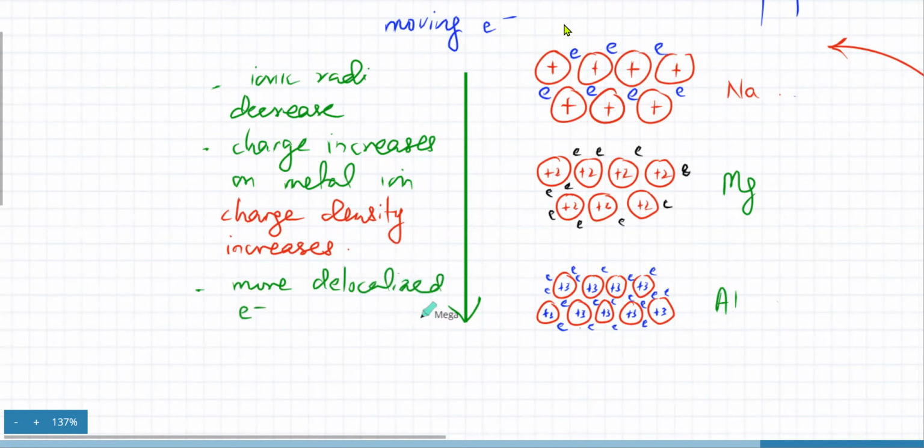Now the question is, why is there a significant jump when you move from Na to Mg? There's a large increase in melting point when you move from Na to Mg, but that's not happening when you're moving from